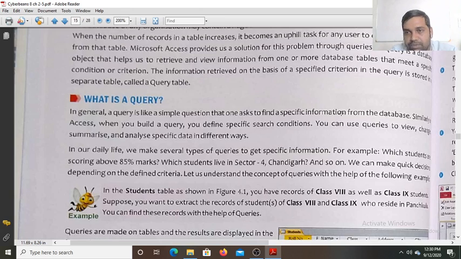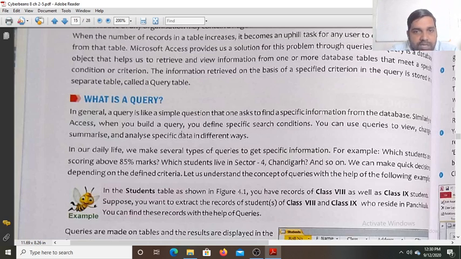Like for students, the roll number is unique. For the students, the ID can be a roll number, and that roll number is unique for each student. No two students can have the same roll number. Similarly, no two records in a table can have the same ID. That is the primary key.